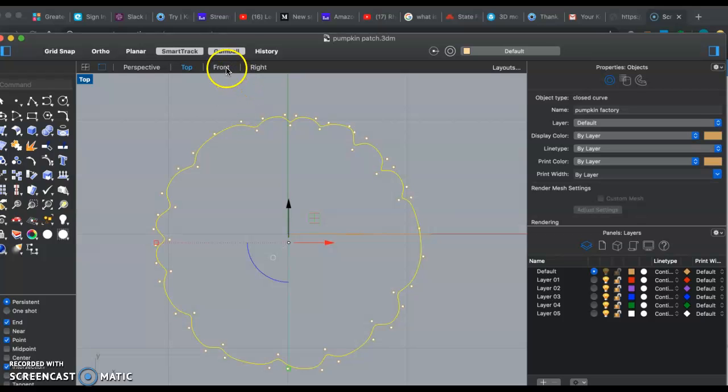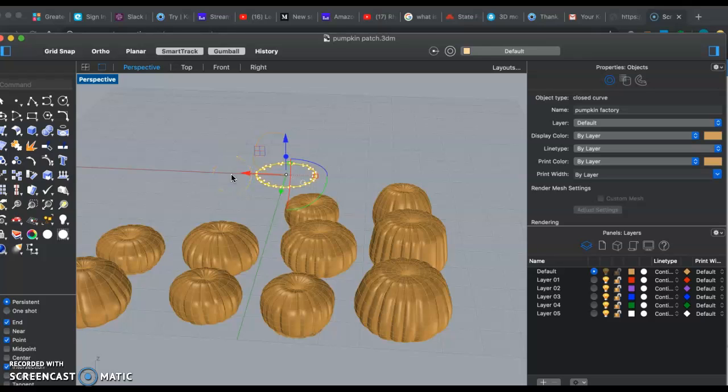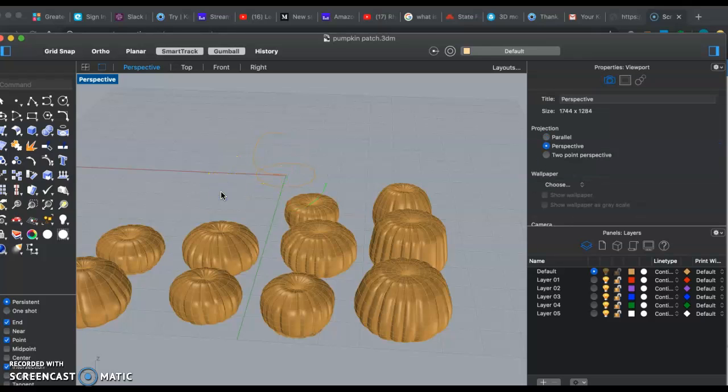Then from there I moved to the front view, and again I used the control point curve tool to lay down this half circle or profile of a pumpkin. And then I had to combine these two planes by using the rail revolve tool. It was a bit tricky understanding how they work together, but then eventually I was able to create several pumpkins